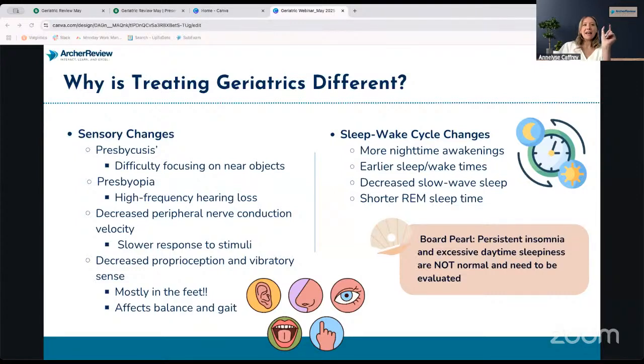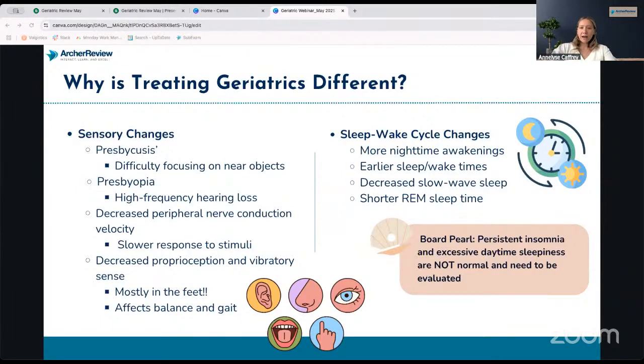Presbycusis, whatever, that is hearing loss. And presbyopia is the difficulty focusing on near objects. Just so you know, I'm sorry, that's on me. I just remember presby means old. So that's how I remember what these terms mean on a test. And the opia, I think optic, so that's how I know that's the one for the eyeballs. And the cusis, I don't really have any way to help you remember this other than like percussion. It kind of looks like cushion, if you talk about people playing the drums. For me, it's just easier to know that if presbyopia is the eyeball one, the other presby one is the ears. So that's my little tip there for you guys.